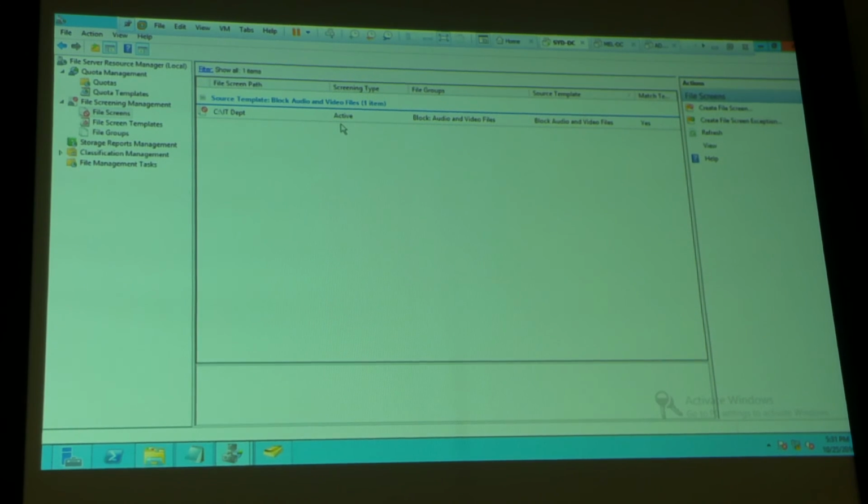Now it is created, and now you have to block the audio and video files. All you need to do is to test it. So bring an audio file and try copying it inside. So once this is created,